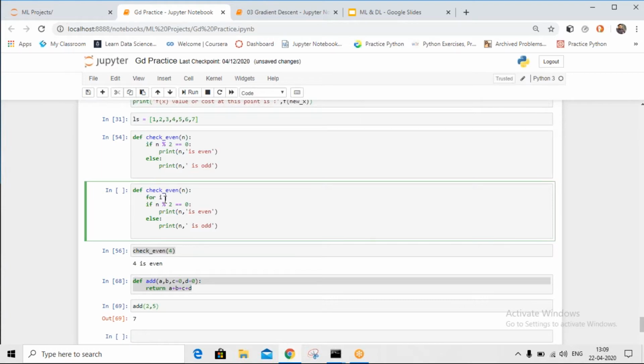Okay, let's do this. For i in range, because then I might be using some function again for the length of this, and I'm taking input as ls, and then what I'm doing is, if n,